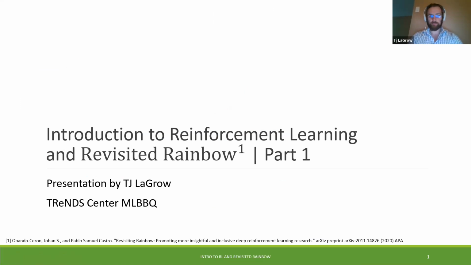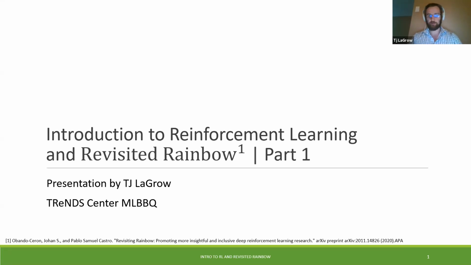We're going to be going over some reinforcement learning, getting ready for Revisited Rainbow for next week, which is a new paper in the last couple of years talking about the efficiency and cost effectiveness of publishing reinforcement learning, especially in academia, in underrepresented means to be able to publish. So you don't have to be in any of the big computing labs or need upwards of $1 million to $5 million to publish one paper.